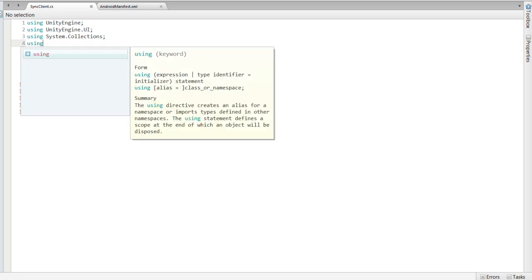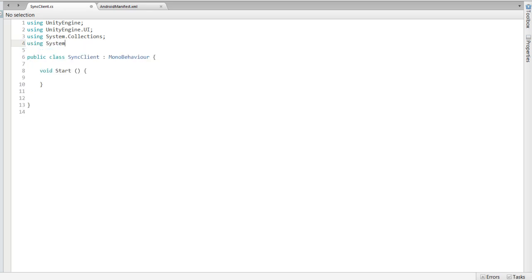Then there are going to be some dictionaries or lists. So we are going to need the System.Collections.Generic library. And then we are going to use the whole Amazon stuff. So we're going to need the Amazon library, and then the Amazon.Runtime